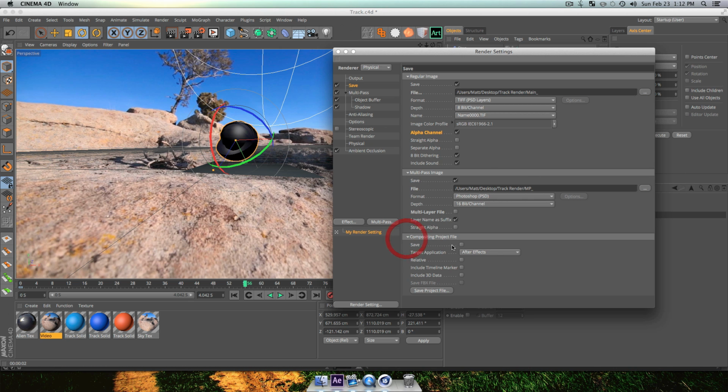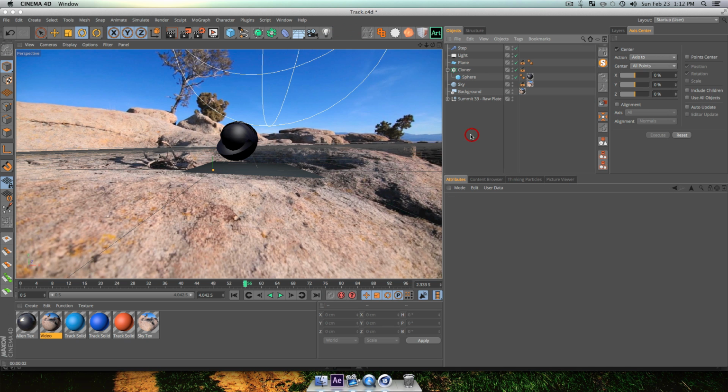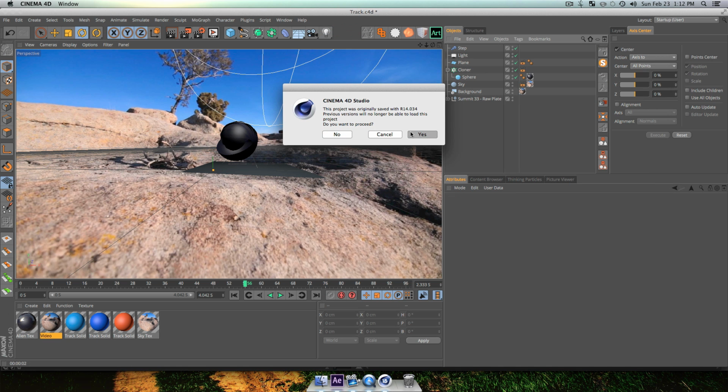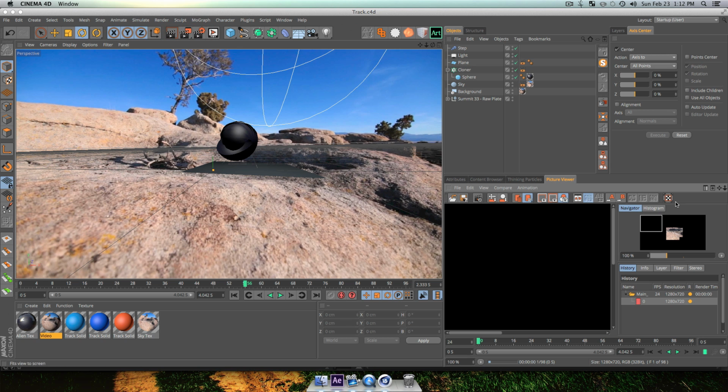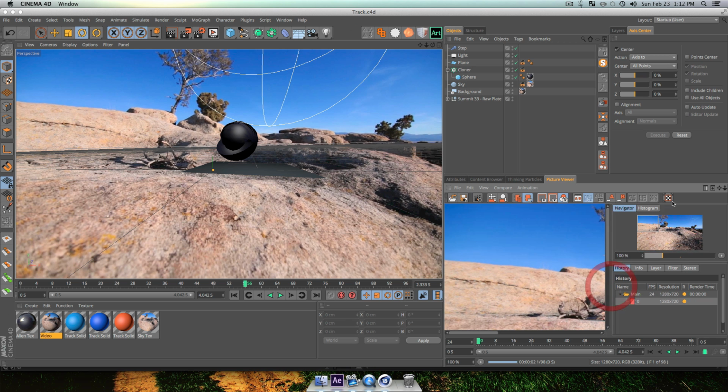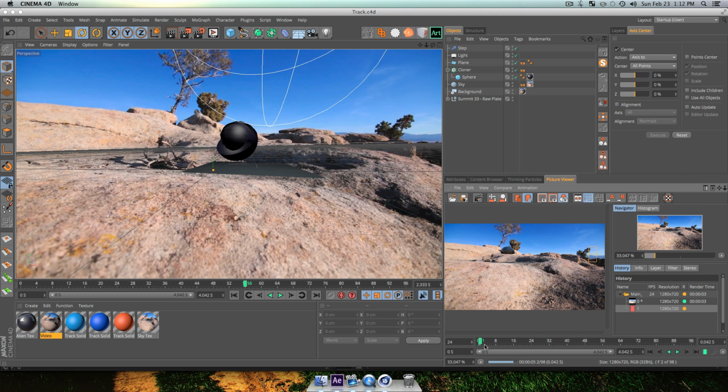Fantastic. Now there is a compositing project file that you can save to After Effects, but it comes out as a .aec, which I've actually had problems with, so I don't ever bother with it. You can look into that more if you'd like, but it always messes up on me, so I don't even mess with it. So I'm just going to do Command S, make sure my file's saved. That's fine. And what I'm going to do is just click this render to picture viewer. So my picture viewer is up over here. Yours will probably be in a different location. And let's see if this is importing right. So right now it's actually not.